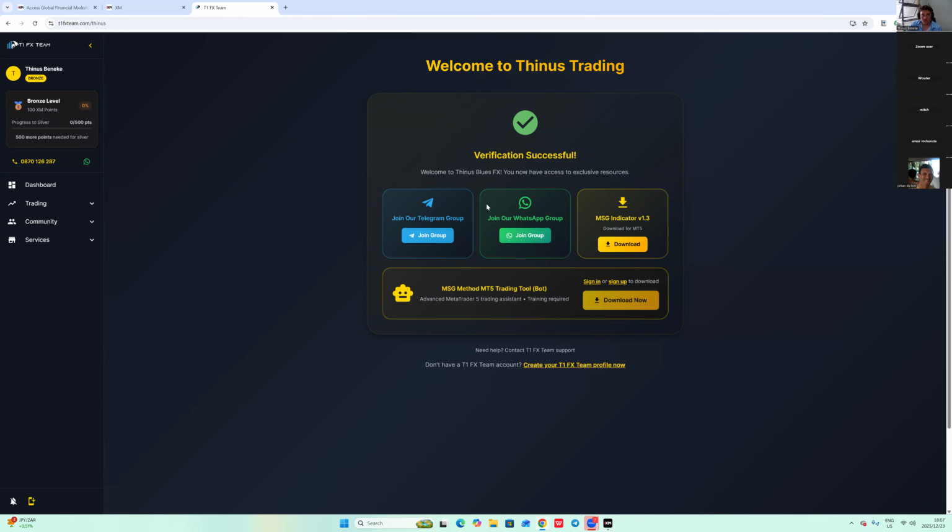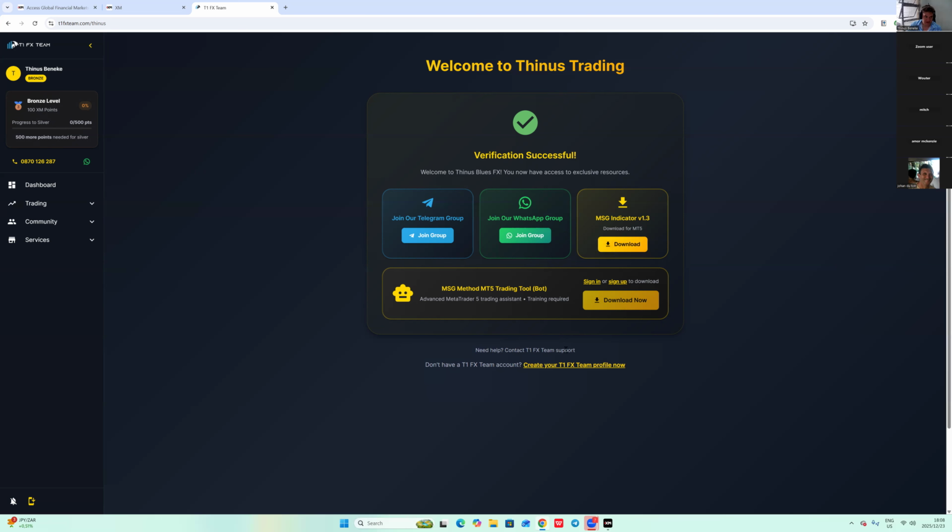Here are going to be more blocks. There are going to be 2 more blocks here, one for mentorship and one for the beginner course, for WhatsApp groups that you will be able to join by tomorrow, or yeah, on Christmas. But I think by tomorrow it will be here. Then you can join the mentorship group and the beginner course group. It will be totally free. You don't have to pay anything. Now, here's the MSG indicator that you need to download.